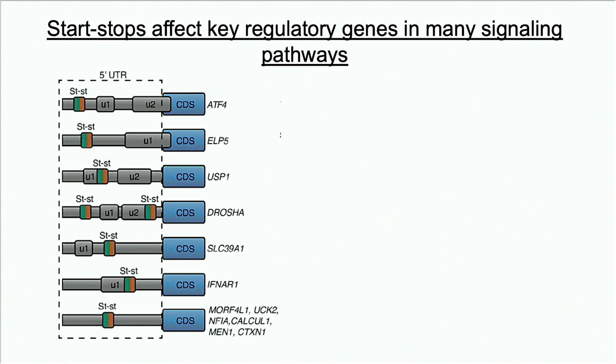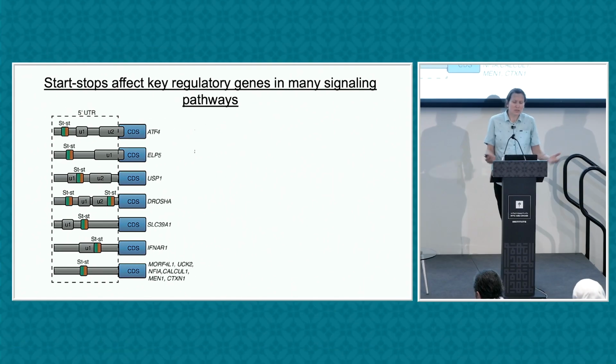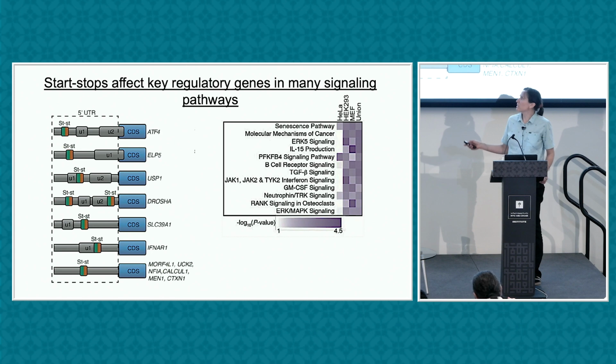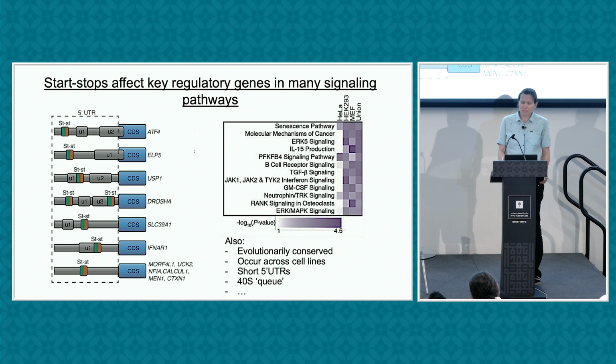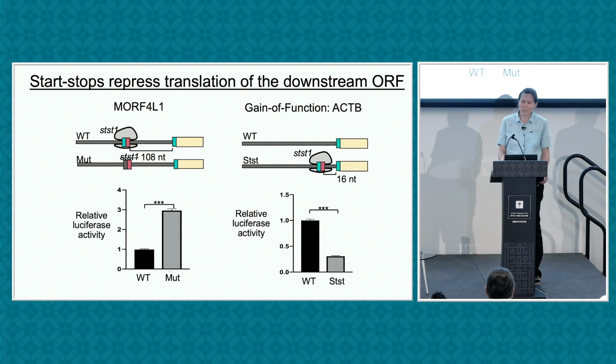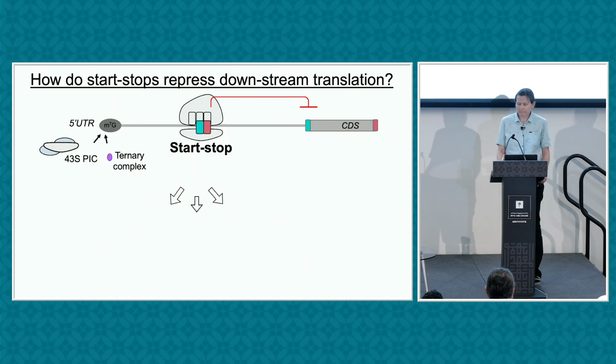50% of the human genes have UORFs predicted, so it's not surprising that there are all sorts of complex constellations. Interestingly, start-stop containing genes are highly enriched in genes that function in various signaling pathways, in some SMAD genes, for example, and transcription factors. Okay. We knocked it out in MOR4L1, and we knocked it into ACT-B. So both the gain of function and the loss of function controls work. Okay, because I'm out of time,